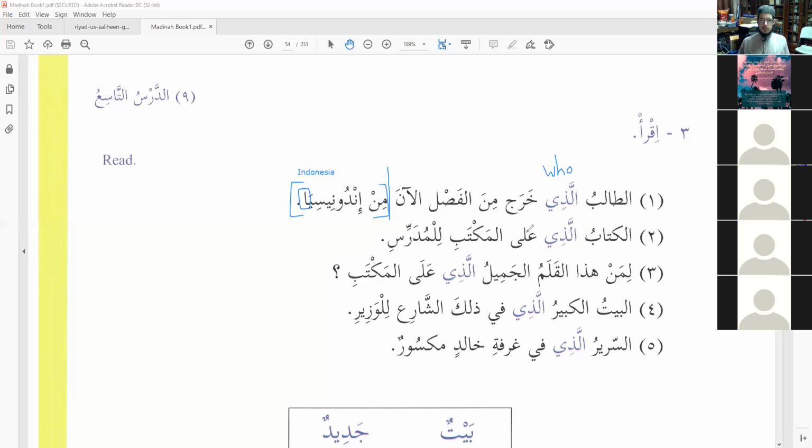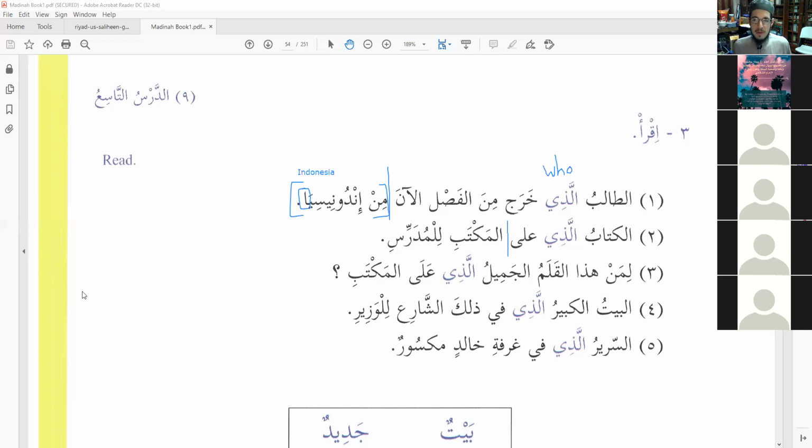Al-Kitabul Lazi Lal-Maktabi Lil-Mudarrisi. Very good. Can you tell us where the mubtada ends? It's so... After Allah. After Allah,